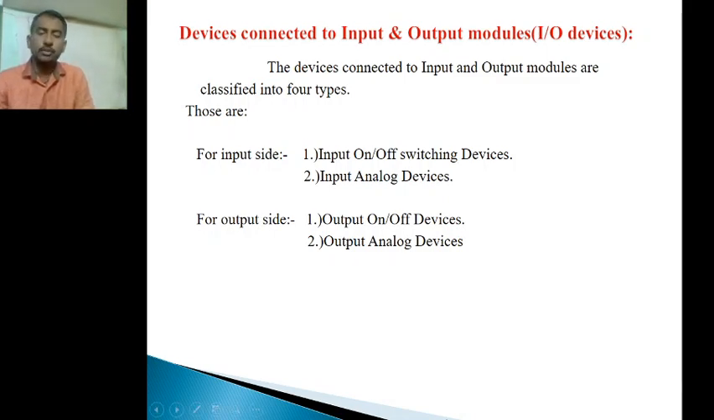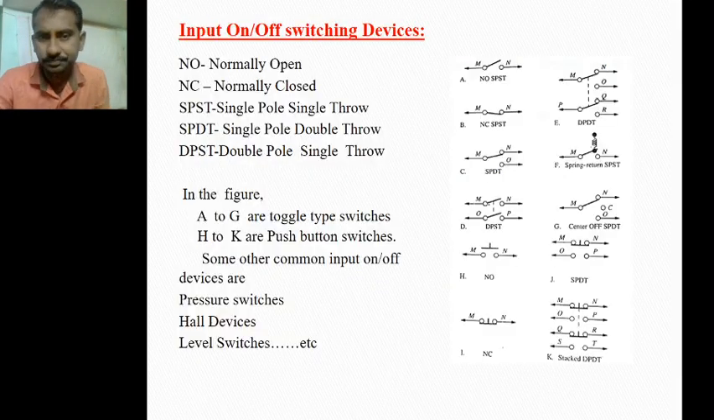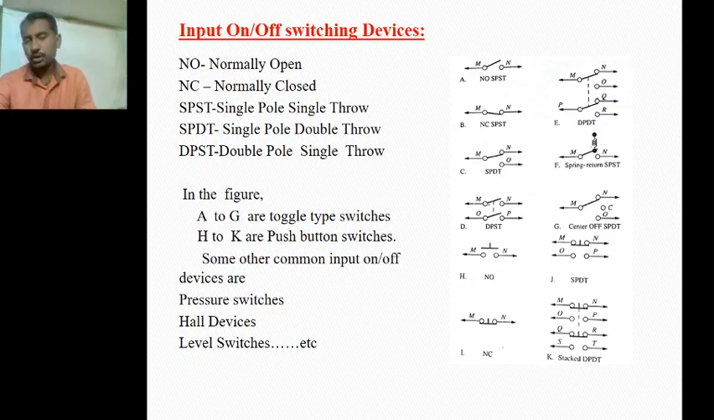That means for the input side: input on or off switching devices and input analog devices. And similarly, for the output side: output on or off devices and output analog devices. So what are the input on or off switching devices? Normally open switch, normally closed switch, and SPST switch, that means single pole single throw switch, and SPDT switch, that means single pole double throw switch, and DPST double pole single throw switch, and DPDT double pole double throw